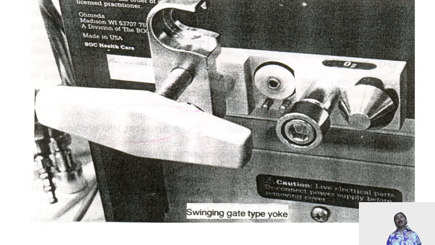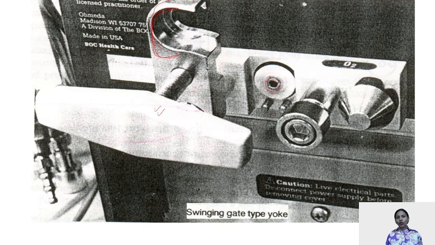Now coming over to the hanger yoke assembly. Hanger yoke assembly is again a safety feature, as well as it helps in connecting your cylinder to your anesthesia machine. I've already told you about the parts of the hanger yoke assembly which are present on the cylinder, that is the valve. And now these which I'm showing, this is the machine end. This is the retaining screw that goes into the conical depression that is present on the valve. This is your hanger yoke. This one, the gate type of hanger yoke.